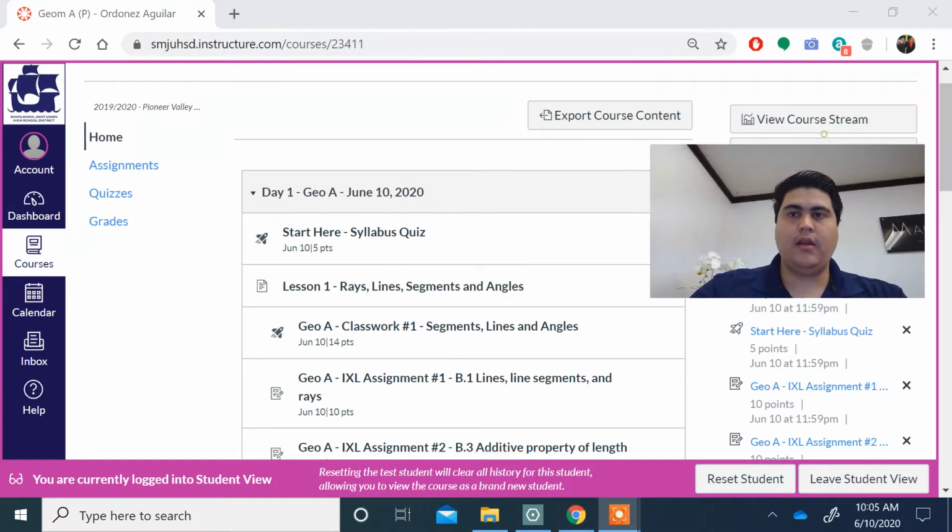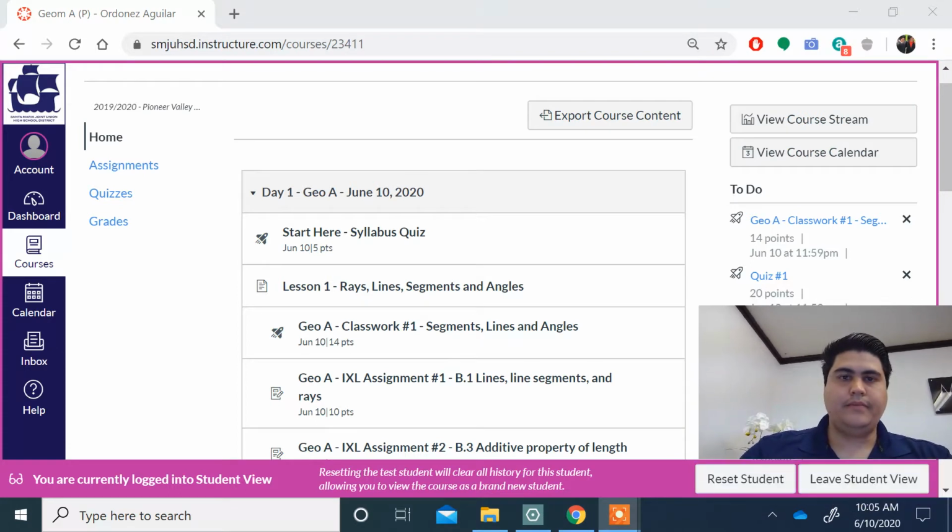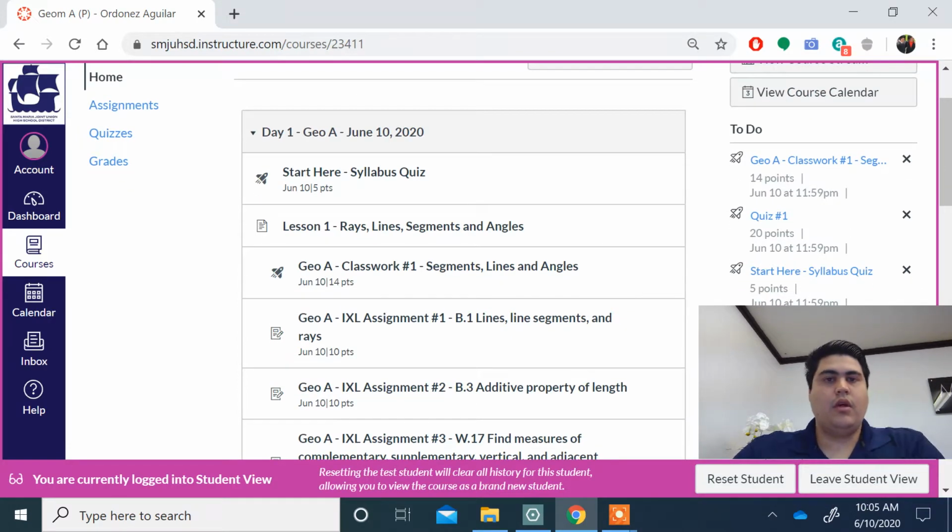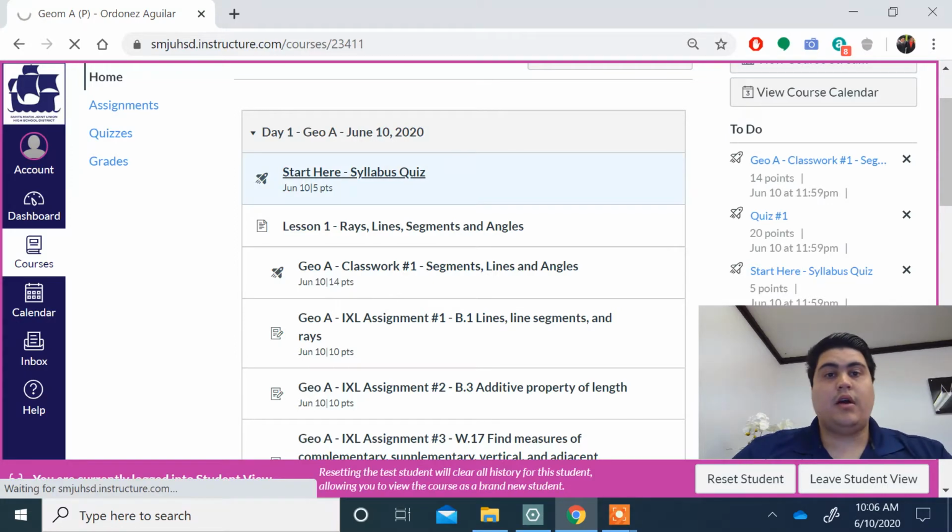You're going to see what you need to do. Notice that it says Day 1, Geometry A, June 10, 2020. If you're in Geometry B, it's going to say the same thing, but it's just going to say Geometry B. You're going to get started with the syllabus right there. If you click on the syllabus,